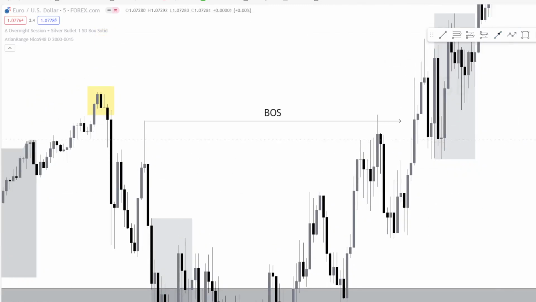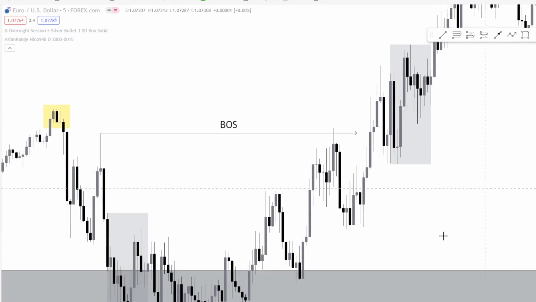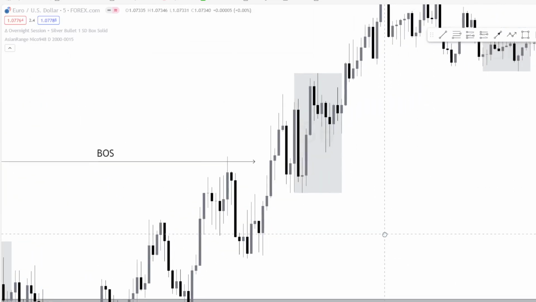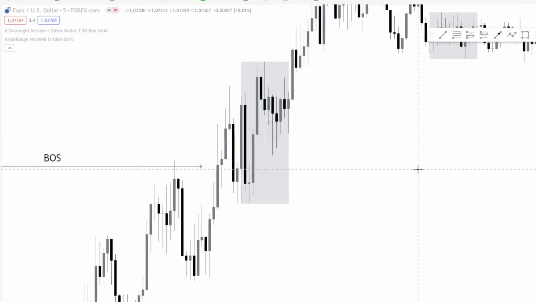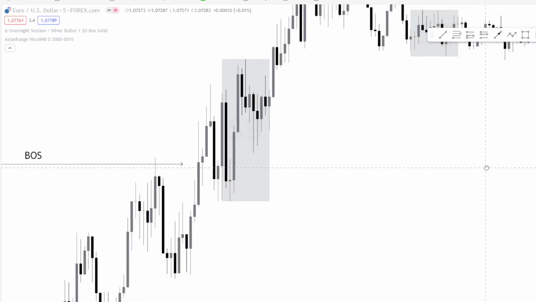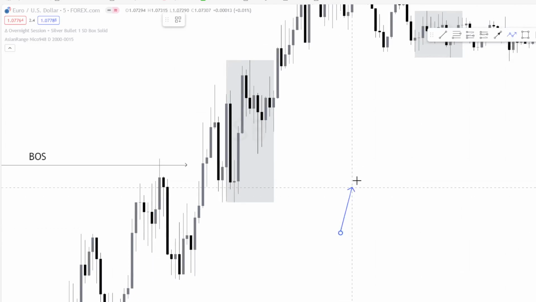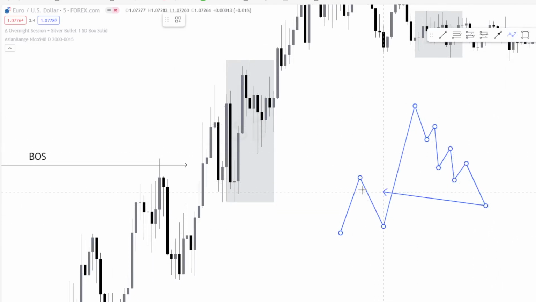So how do we get involved? What are we going to do to get involved? Simple. We need to look for a fair value gap for our entry, because a fair value gap is one of the 3 rules to an order block. So when we have an order block in the market, what we're looking for is break of structure, for price to return to a discounted